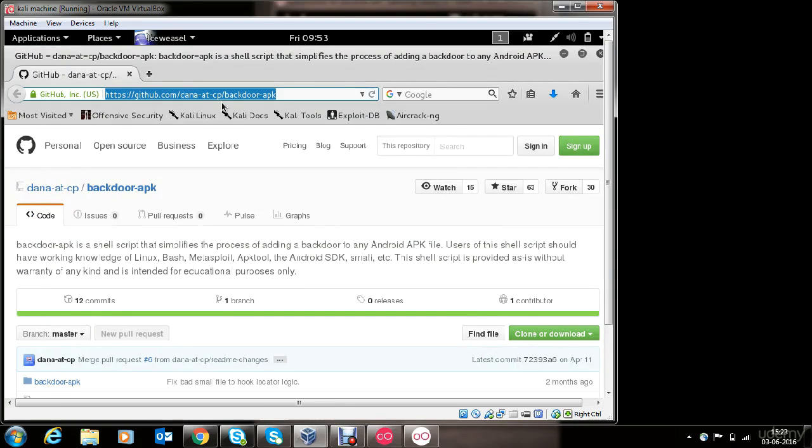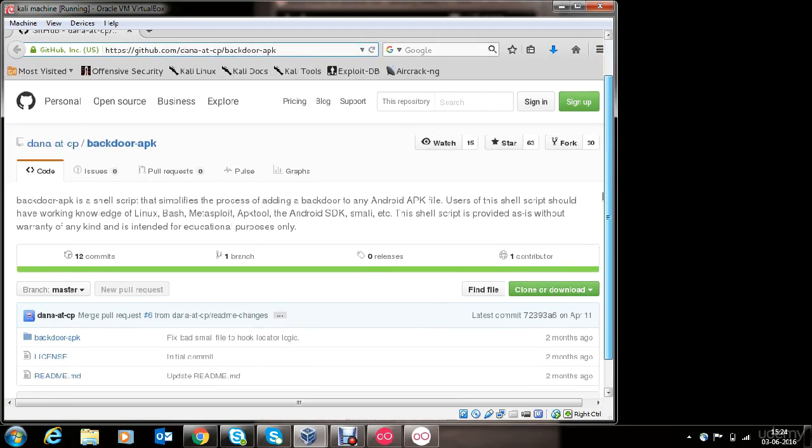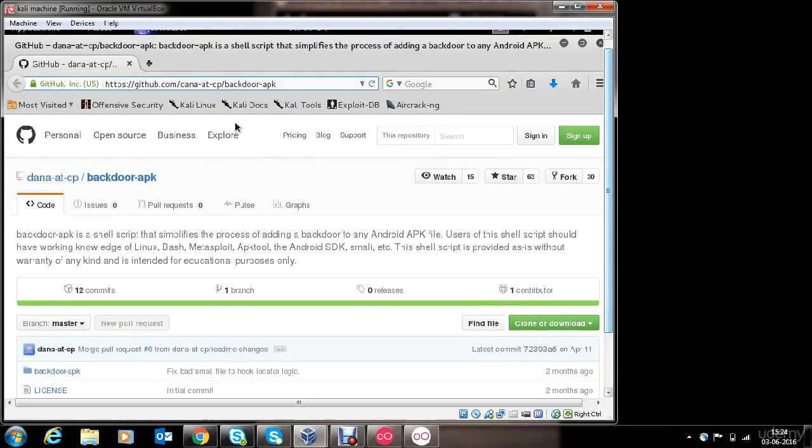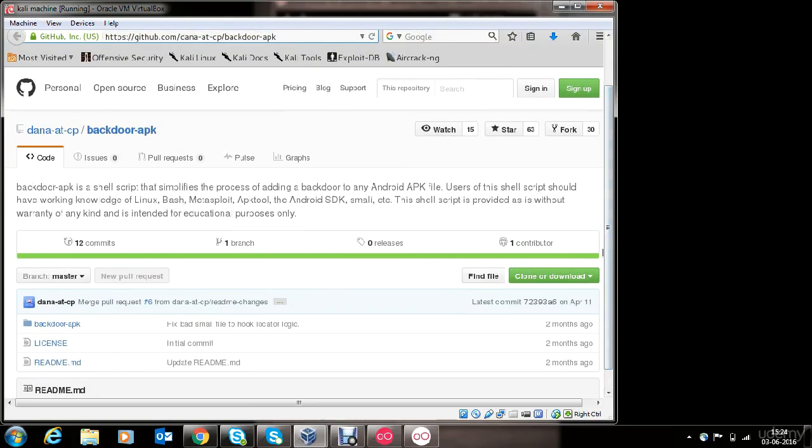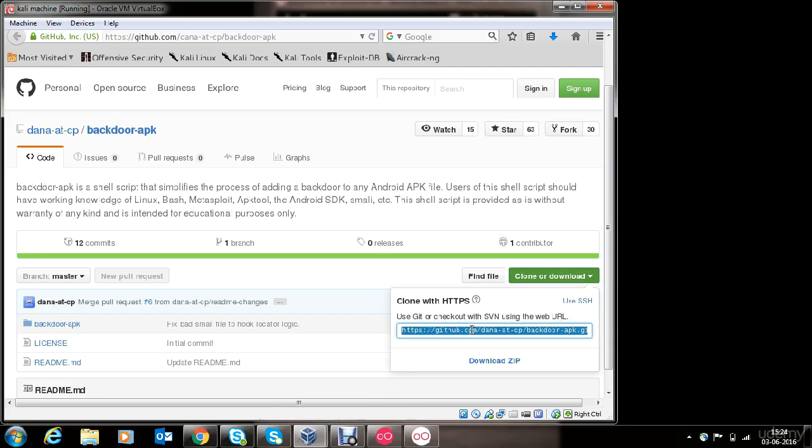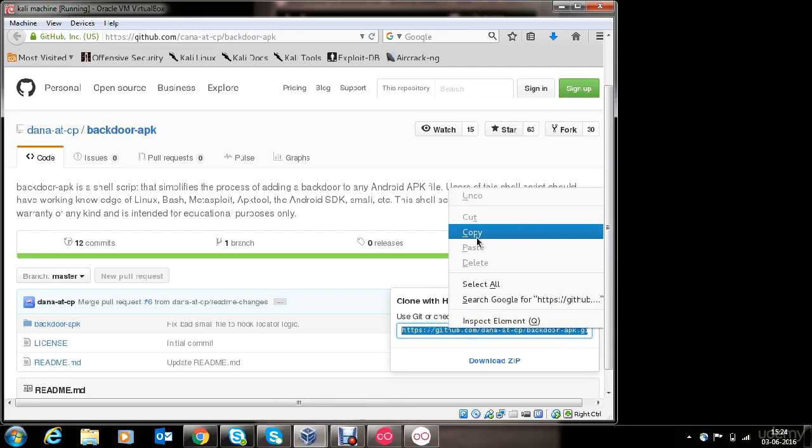This is the URL. This is the shell script which is hosted on GitHub. Take a look at it again. Now let's get this backdoor APK shell script on our Kali Linux machine. We will copy this git address